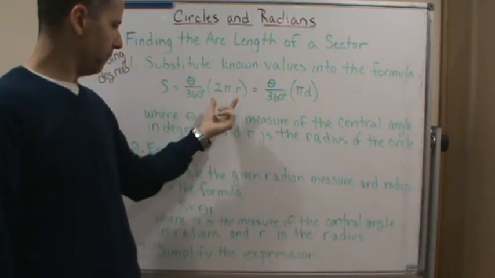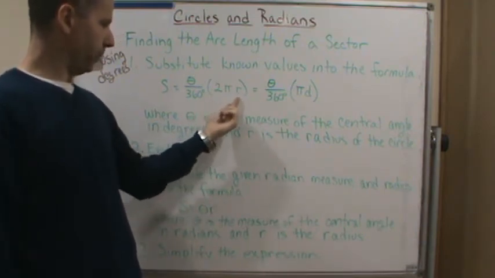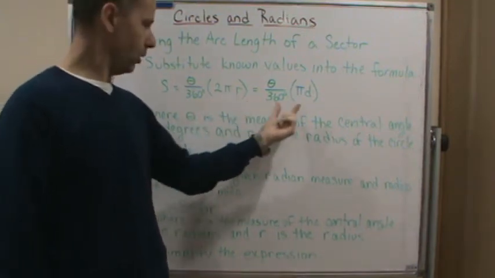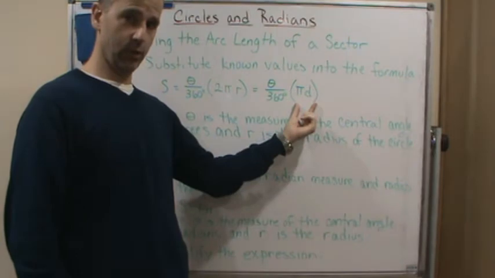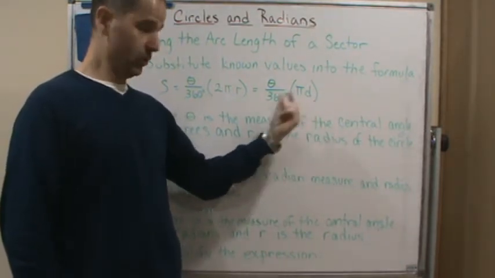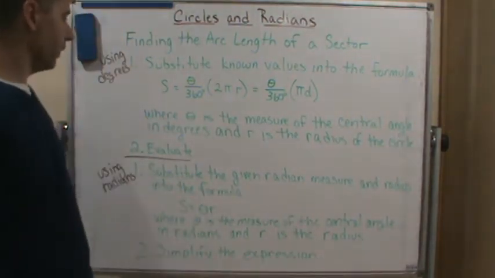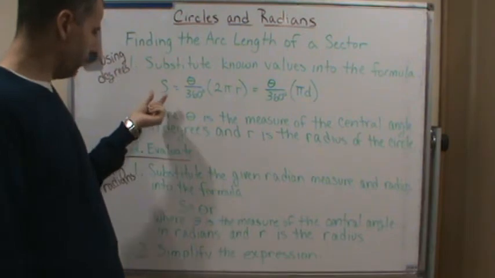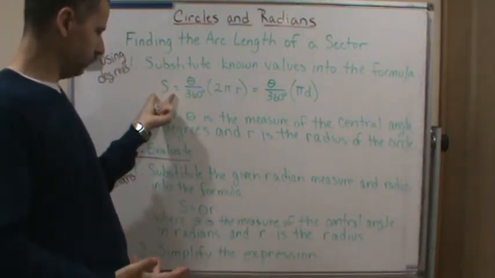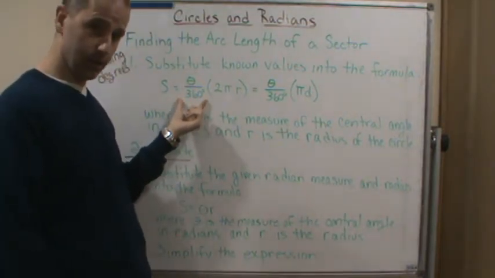Remember, this is the circumference of a circle formula, either using the radius or using the diameter. Either formula is fine. So now what are you doing here? Well, to find the arc length of a sector of a circle, you're taking the fraction of the circle,